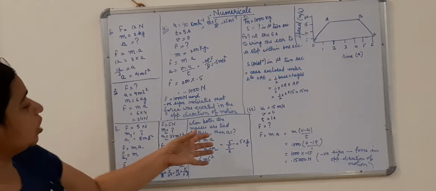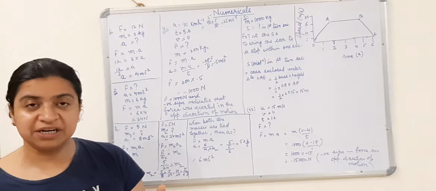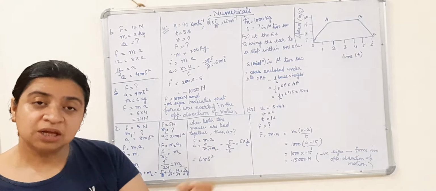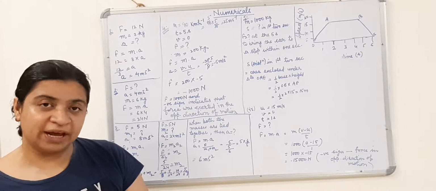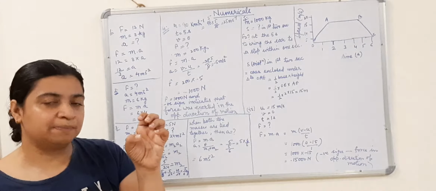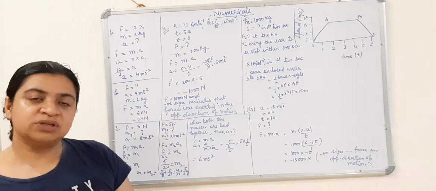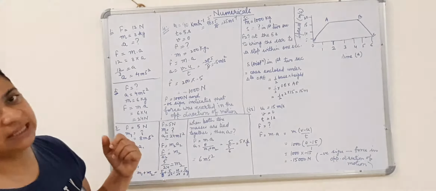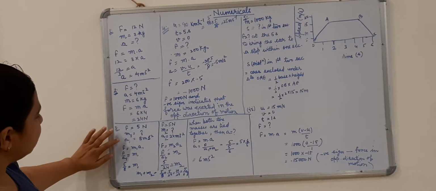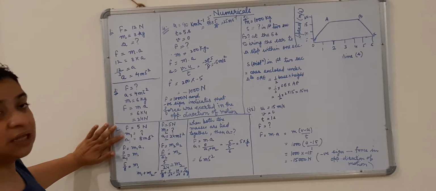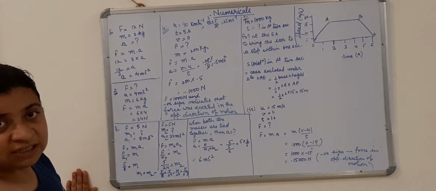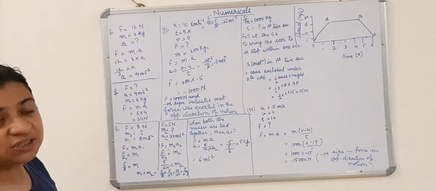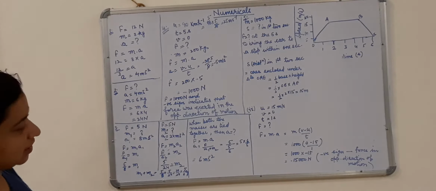If the same force of 5 Newton is applied on both the bodies when we tie them together, if both the masses are combined and the same force is applied, then what would be the acceleration in that case? That we need to find out. Children, in the first case we do not know the masses, so how can we combine both the masses? First we need to find out both the masses.